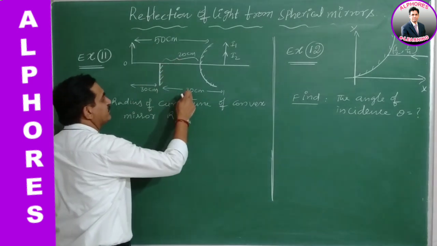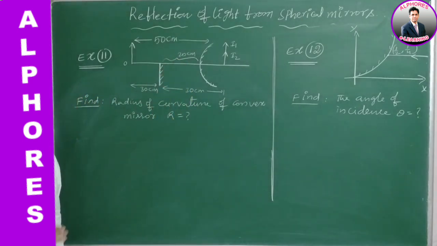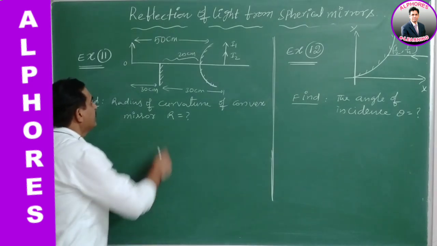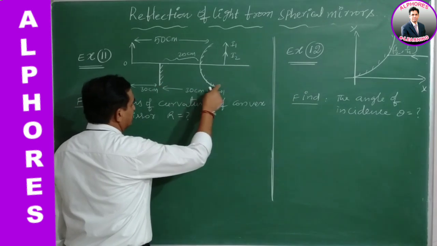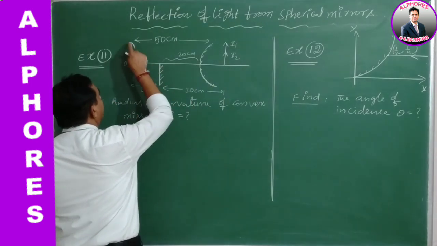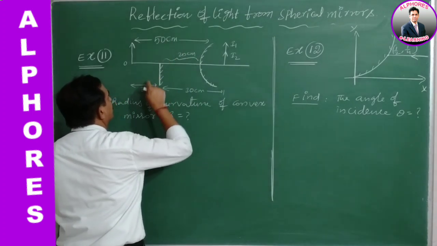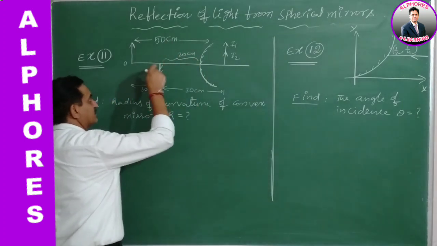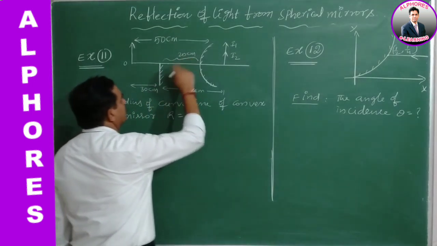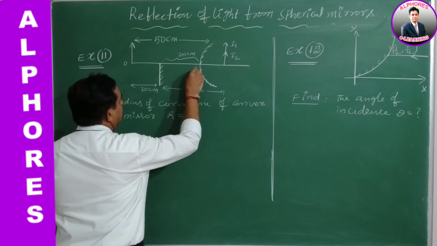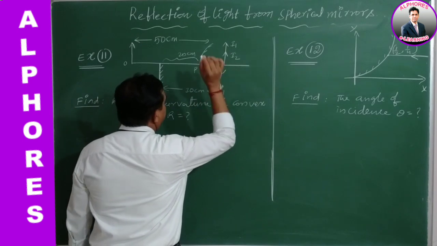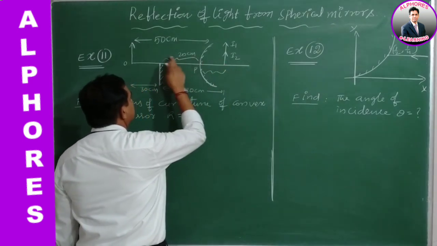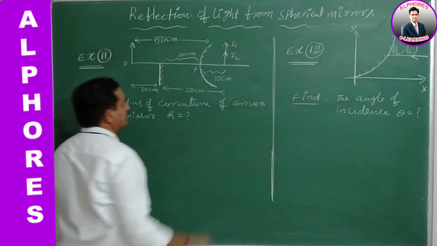These two distances are not given. We are extracting them from the given data and given condition. Distance of object equals distance of image, based on which I decided this is 30 centimeters. And this is 30 given and this is 50 given. Based on these two values, I extracted this value, that is 20 centimeters from the pole of the mirror to the plane mirror. Now the remaining distance here is 30 minus 20, which gives us 10 centimeters.